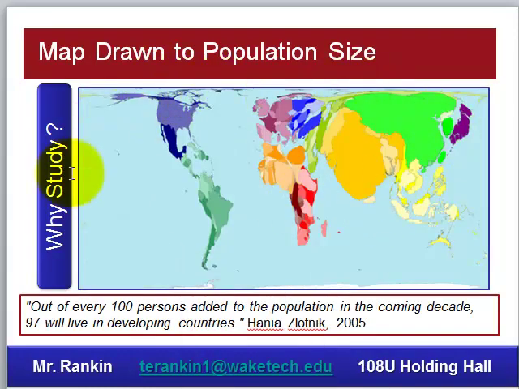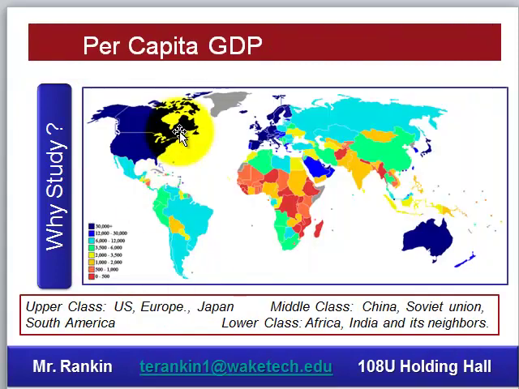So this is the world's map, only it's drawn to population. That's why you see India and China ballooning out. You can see about half the population is in Asia, only about 1 in 20 is in the United States, only about 5% of the world's population. And we really should think of it as not population, but customers. So, not going international, I say, is like somebody in North Carolina saying, I don't want to expand outside the state. 5% of the world's customers are in the United States. You probably don't want to limit yourself just to that if possible.